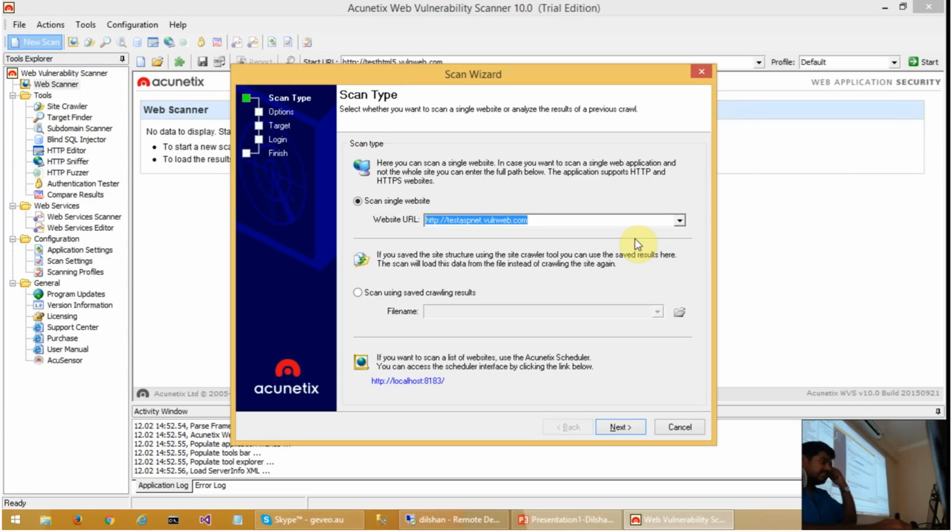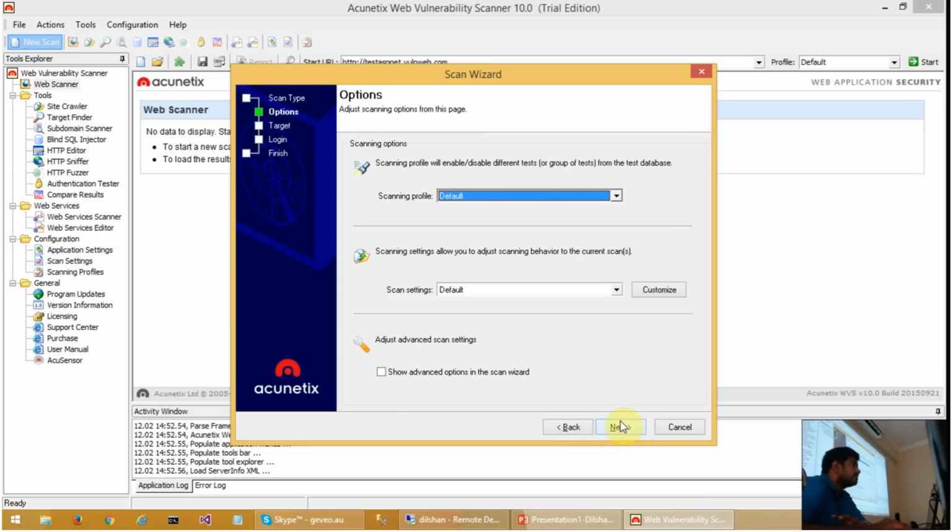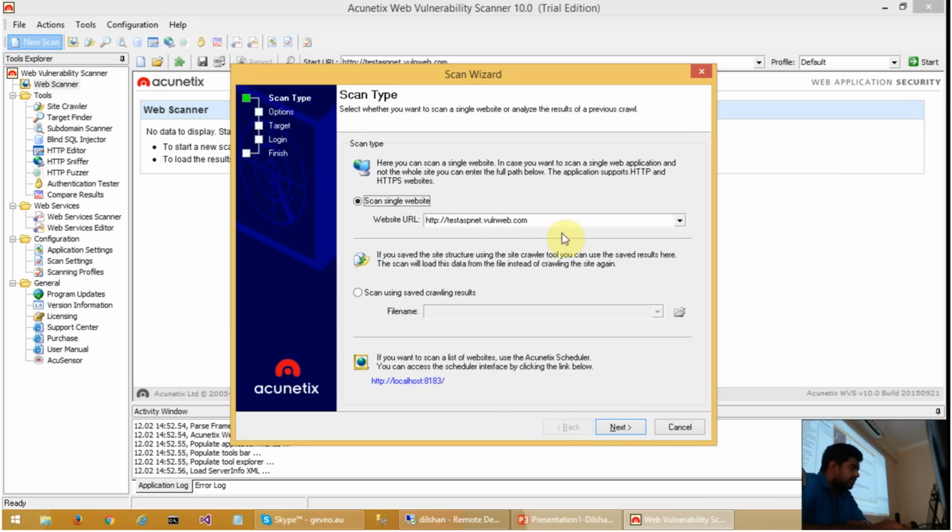When we purchase the product, here we can give our intended site URL. Then go to next. We can type a URL there. We can type it, but it won't accept it. It's a trial version. In the online version we can do that, I'm sure. So when we click next,